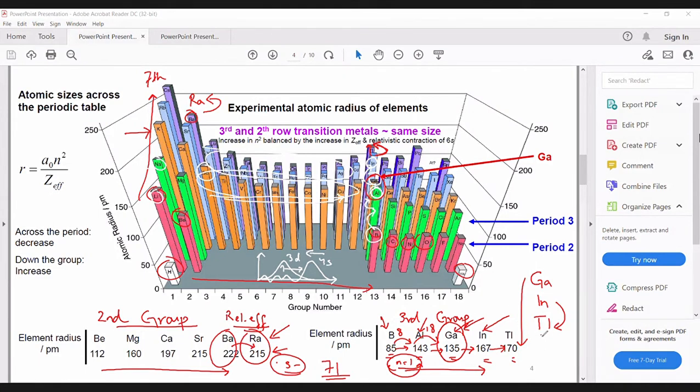Now the things are different. The valence orbital is p. Relativistic effect does play a role here. It is playing a role here, but it is not as prominent as in the case of s. And that's exactly what this data suggests, that the atomic radius is not decreased in this case, unlike this one, because here the valence orbital was s, here it is p. So that was